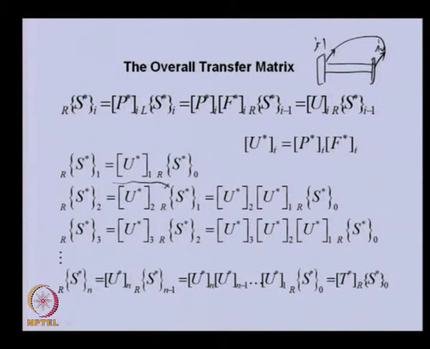this here, and if we substitute this here, this will be u2 into u1 and the state vector at 0 station. Similarly, we can write for 3, then it will be the multiplication of u3, u2, u1 and the state vector at 0 station. We can extend this up to the nth station. In that particular case we will have the multiplication of all these transfer matrices up to 1, and the multiplication of all these we are representing as T, which is the overall transfer matrix.